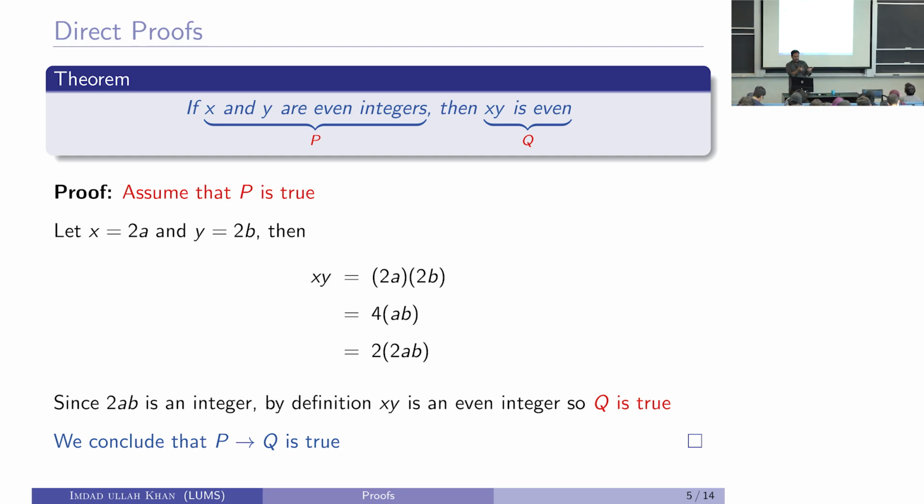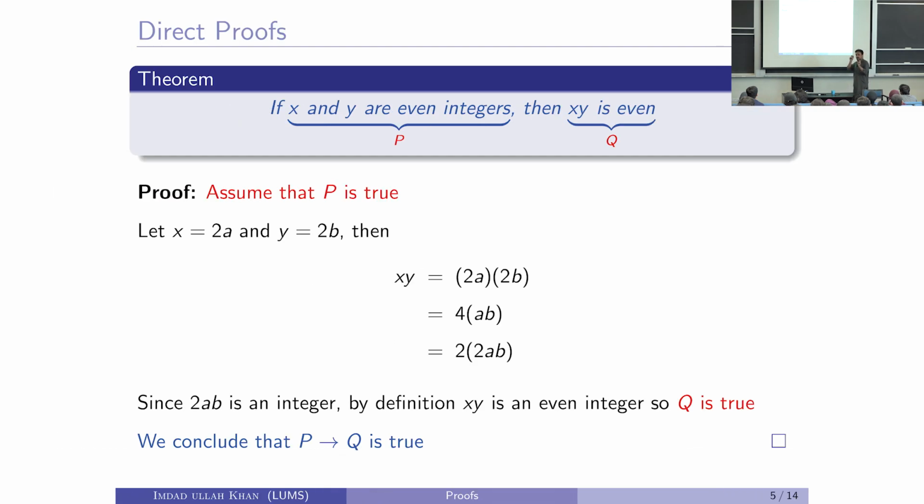Identify what the hypothesis is, what the conclusion of that implication is, and assume that p is true, the hypothesis of the implication is true. Rewrite it and see what it is. All we used here is that x is even and y is even, right? So that's 2a multiplied by 2b, right? We logically deduced it. Where is the logical deduction from